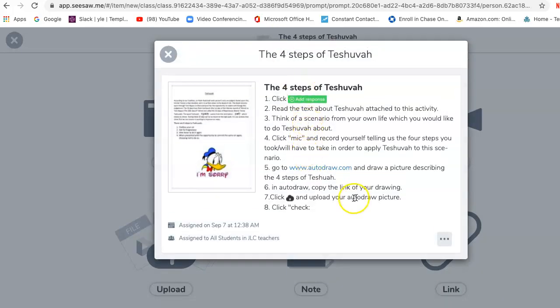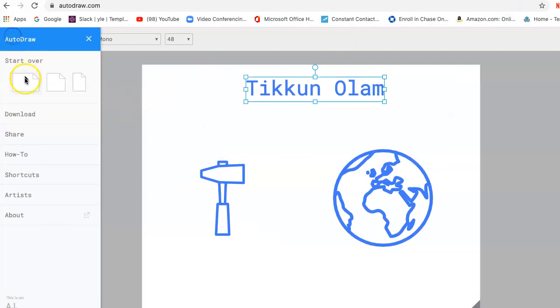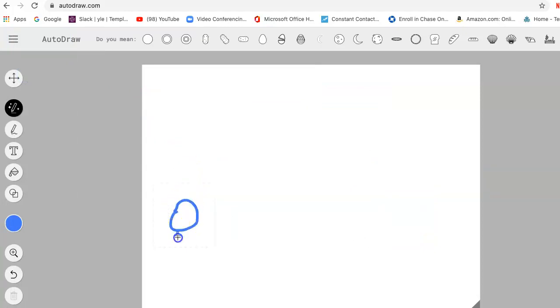Here is the instructions again. And again, I'm going to skip all this. I'm just going to show you the Autodraw part, right? So again, go to Autodraw, draw a picture describing the 4 steps of Teshuvah. So I'm going to go to Autodraw. I'm going to start over. 4 steps of Teshuvah, right? So first you have to confess. So let's try and draw a man confessing